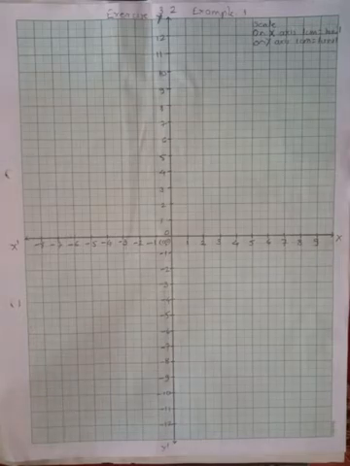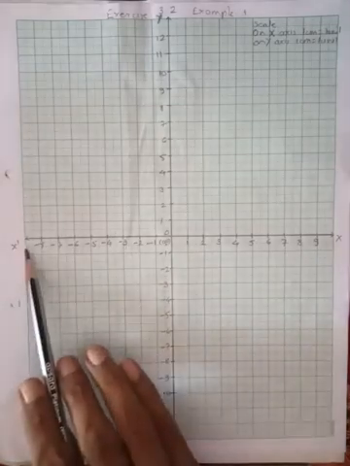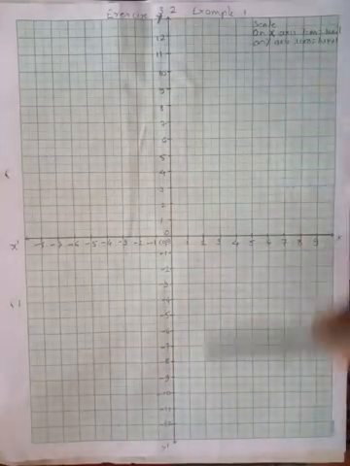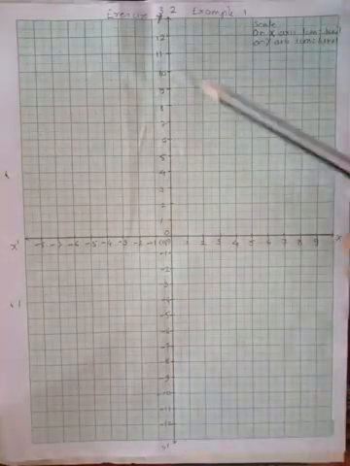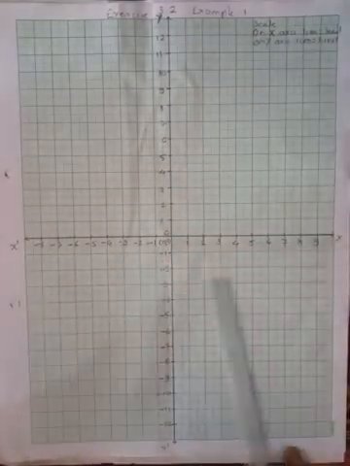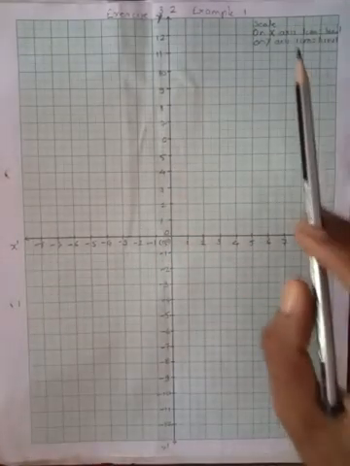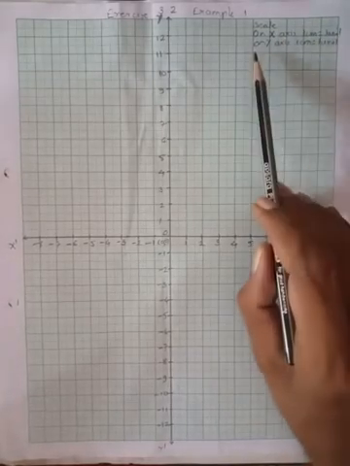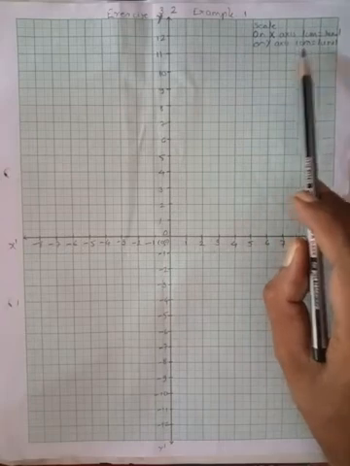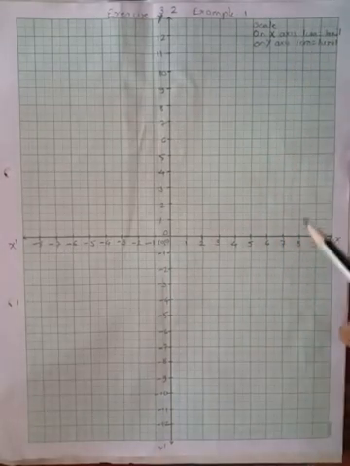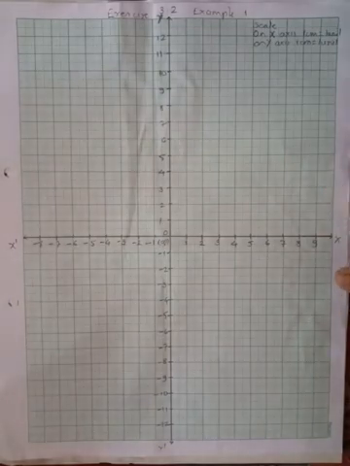So let us answer. Please note, here I have drawn x-axis. The horizontal line is called x-axis. The vertical line is called y-axis. It is indicated by y, o, y dash and x dash, o, x. Here scale I have taken on x-axis 1 centimeter is equal to 1 unit, and on y-axis I have taken 1 centimeter is equal to 1 unit. Let us answer the questions asked in example number 1.